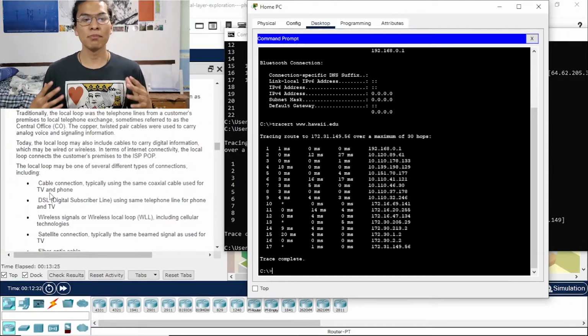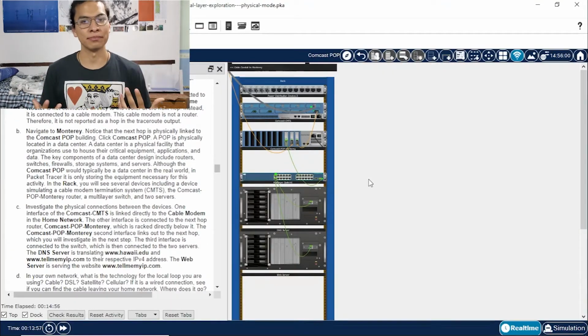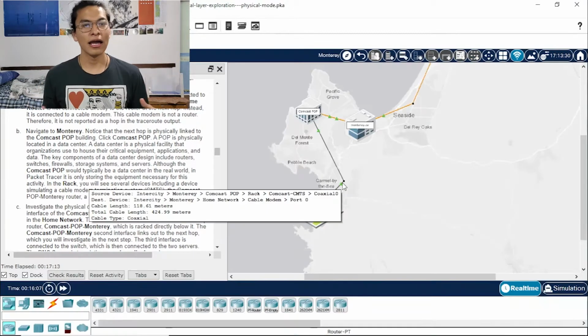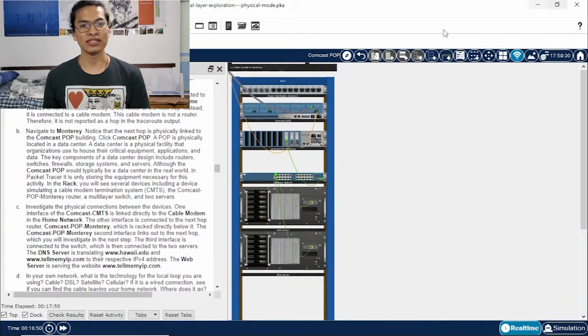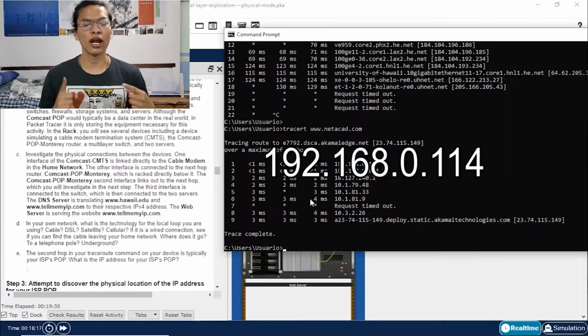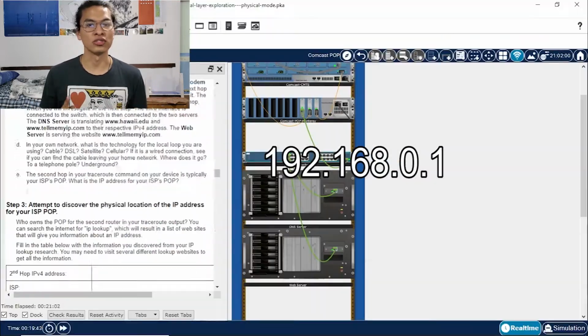While inspecting both topologies, you had to answer some questions regarding them. First, I'll talk about what I found about the topology from my house to Hawaii. To begin with, my private IP address is 192.168.0.114, and my default gateway is